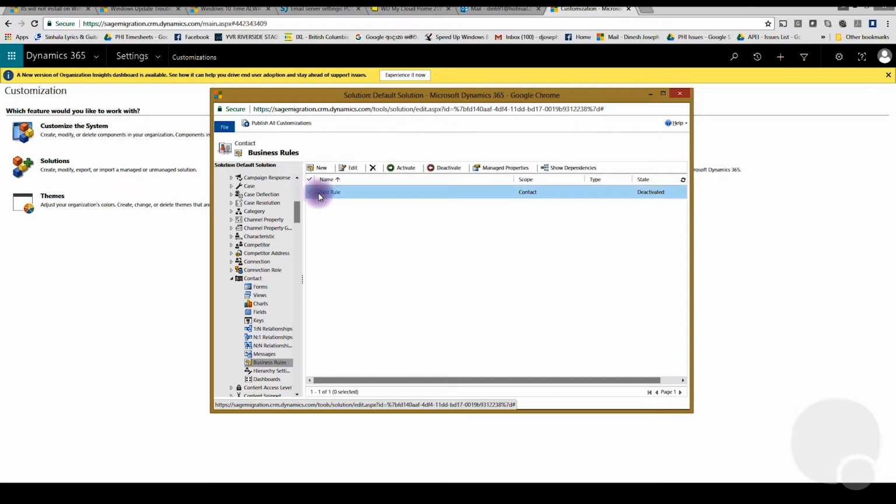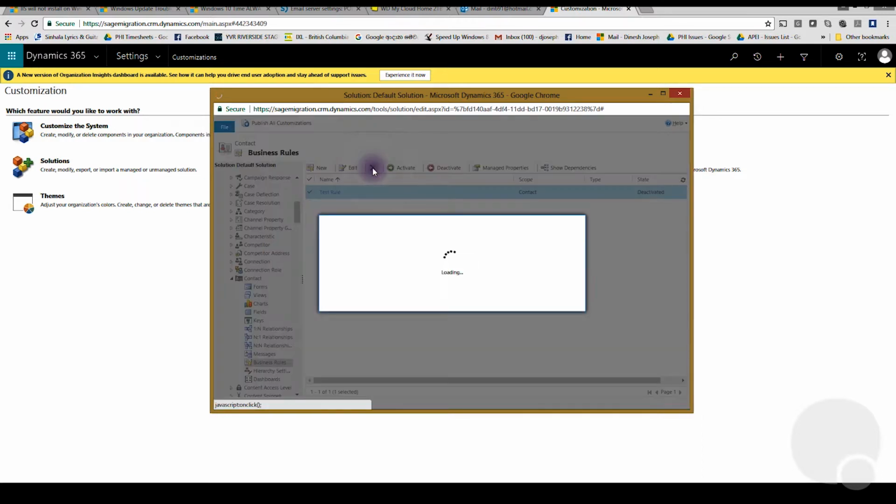So over here, you can see the test rule that we saw in the form, and you can highlight that, select that, and click delete. And that should fully remove the rule